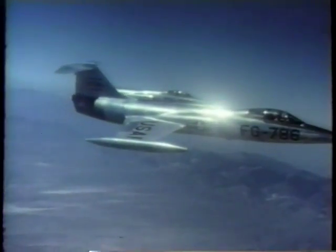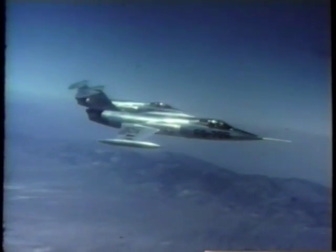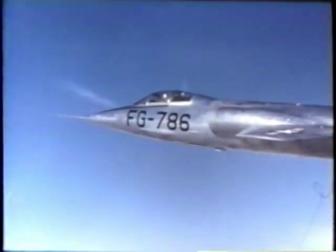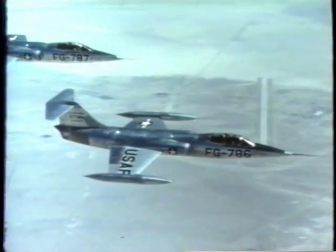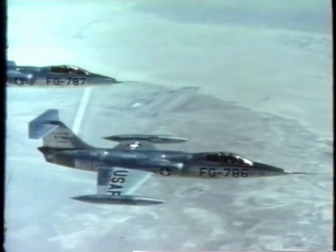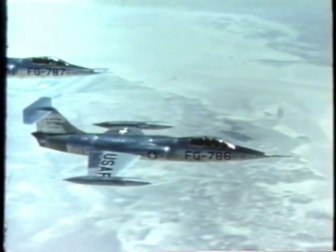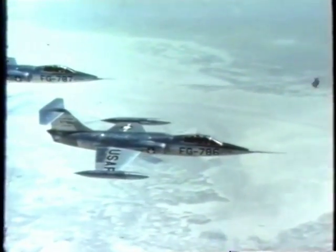Though configured with a much lower thrust engine than the powerful J-79 scheduled for the production model, the XF-104 was still faster than any other fighter in the world. But Johnson had produced more than just a dazzling performer. Fanatical about costs and producibility, while design of the prototypes was still underway, he'd set up a small group of engineers to find the cheapest and most efficient way to produce each part of the production airplane, an innovation which would result in savings of about $12,000 per aircraft and